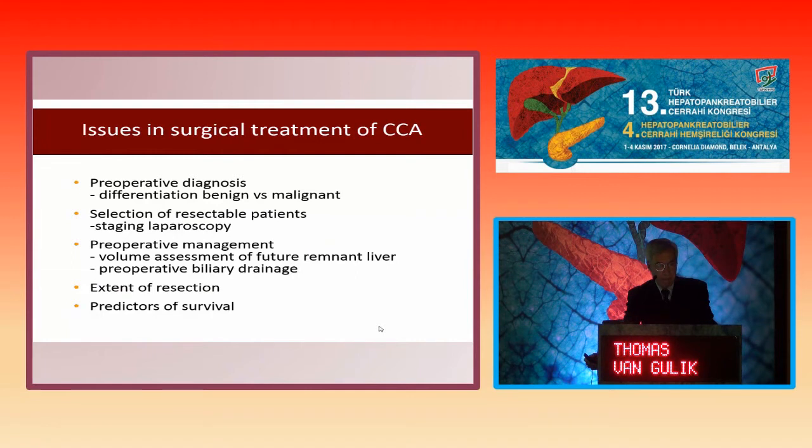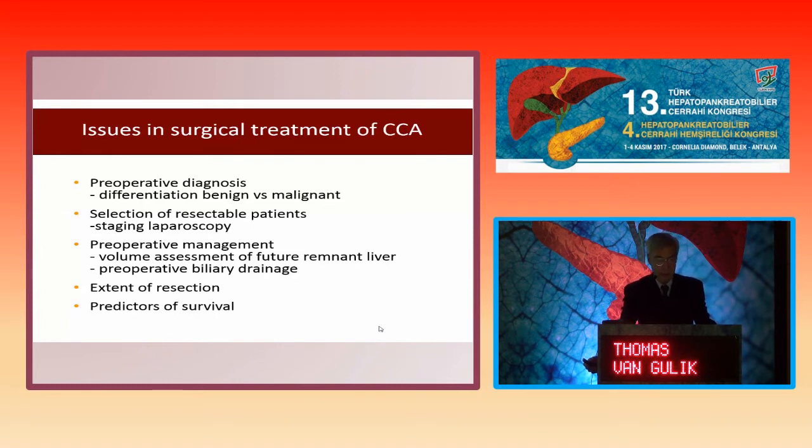Now, what are the issues in the surgical treatment of cholangiocarcinoma in general, but especially for perihilar carcinoma? Those are the things I would like to discuss with you. The preoperative diagnosis is extremely important, especially the differentiation between benign and malignant lesions. And then the selection of patients who you deem resectable is another point which you have to rely on your